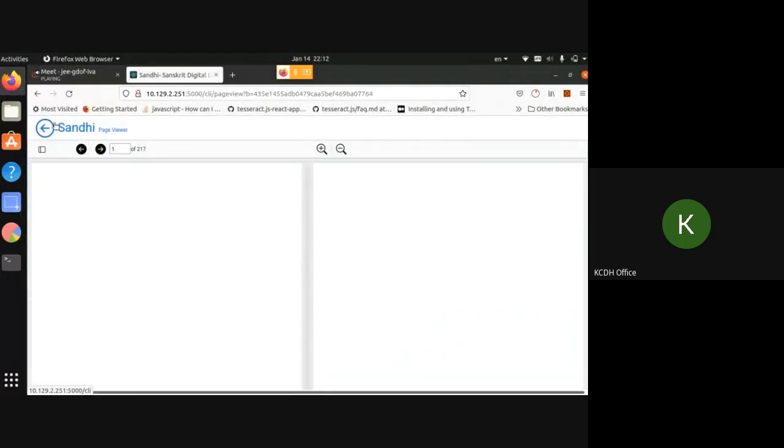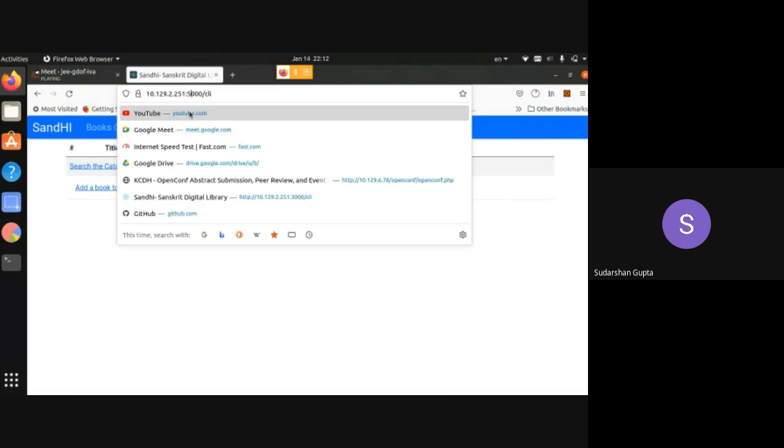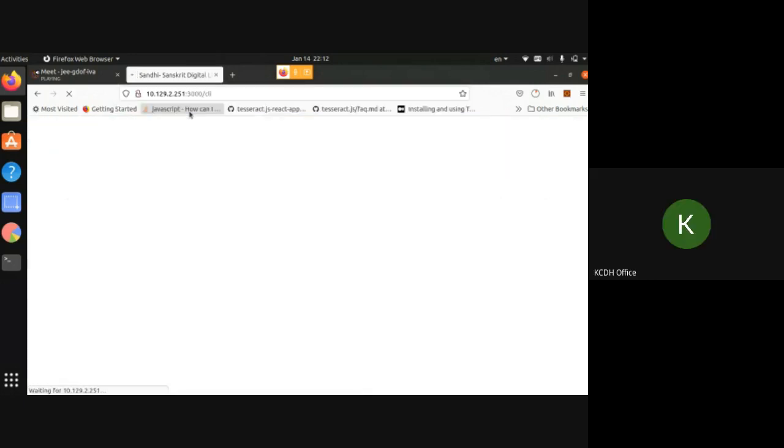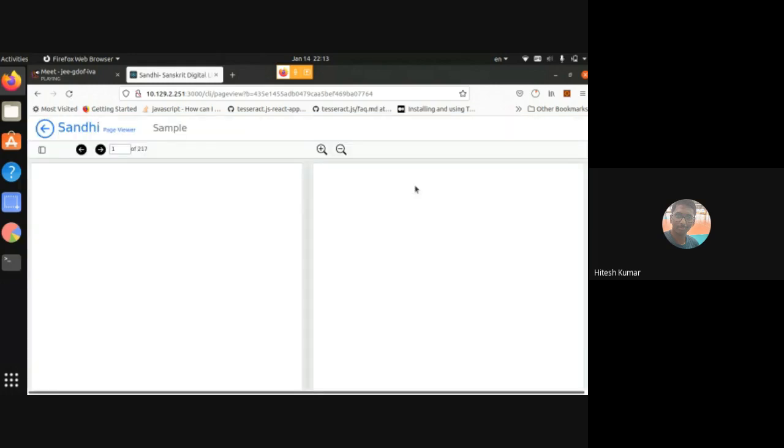Is it working for somebody else? Ishit, do you have a working model that you can quickly share? Sir, I had a working model, but currently I'm on a Windows system only. It was working fine today itself. Yeah, sir, same with me. I'm on Windows right now. Hitesh or Prakriti? I have the old version, not the current version. I didn't set it up actually. I had some medical reasons the last few days, so I haven't been able to look into this. Okay.